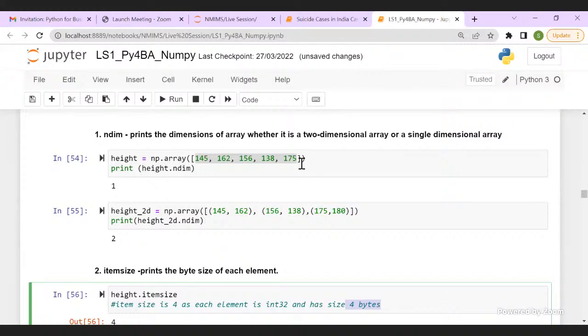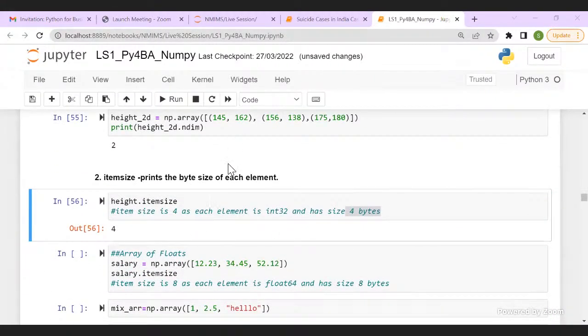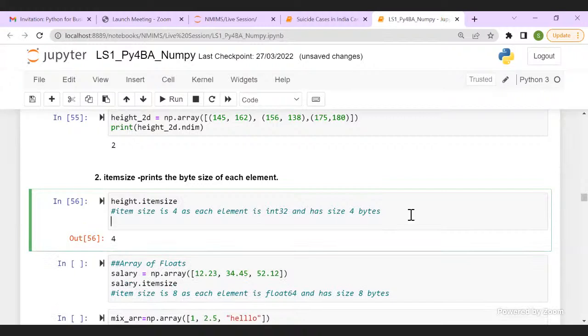Now, if you have 1,000,000 data points, what will be the size of your array? Can someone tell me? What if, instead of just 5 elements, I have 1,000,000 data points, and each one has 4 bytes.